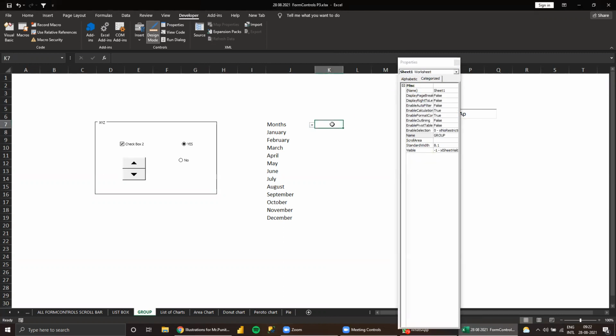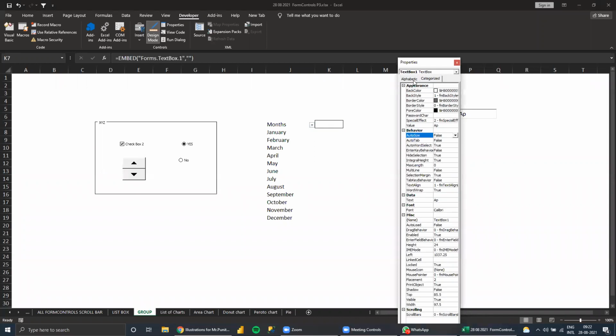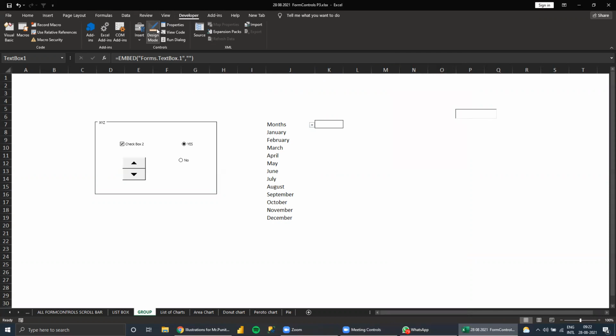Here you cannot link like this. So again select the linked cell. What is this? K7, right? So manually type K7. Please, this is very important. You need to manually type the cell address here. This is K7. So I type K7, then enter. Then close. Now deactivate Design Mode, unselect,